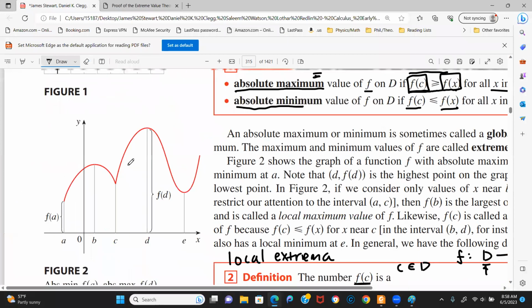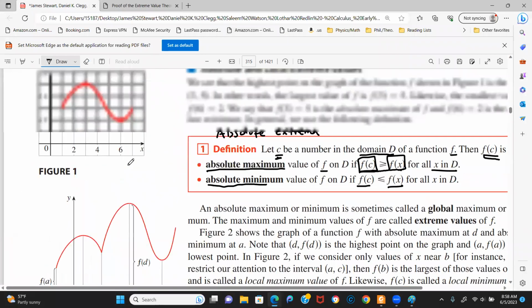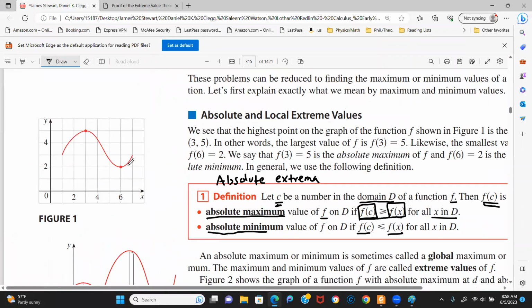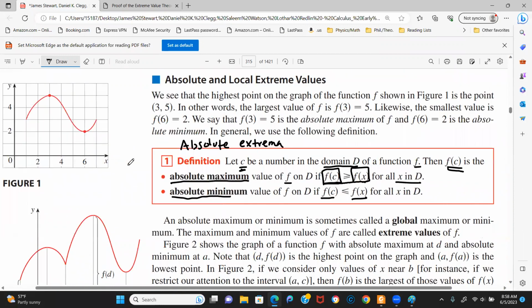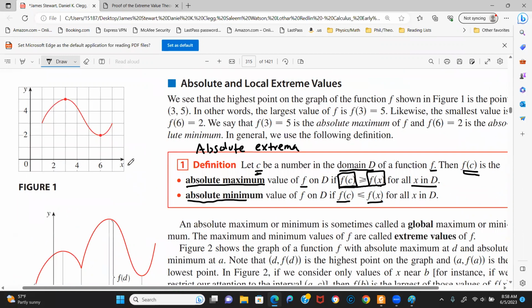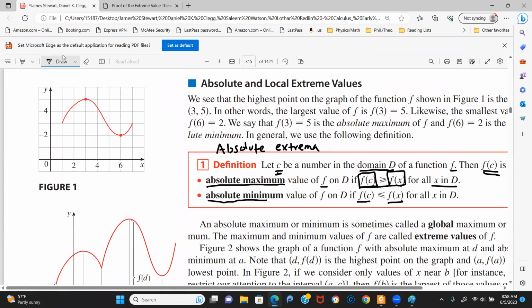So here we go. What does figure 1 say? All right, so it looks like for figure 1, the function is defined from 1 to 7. We're graphing some function from 1 to 7 to the real numbers. And I guess you could say the image would be 2 to, maybe, 5, it looks like, but that